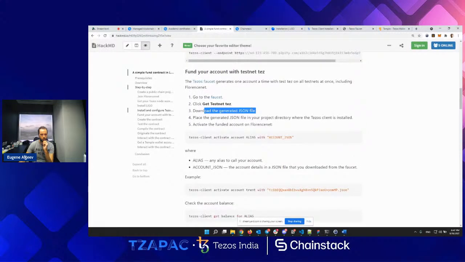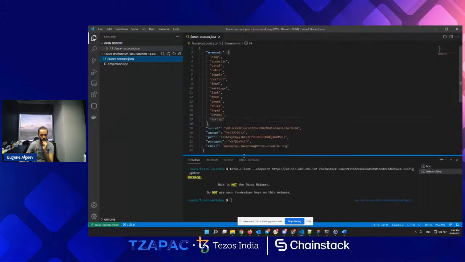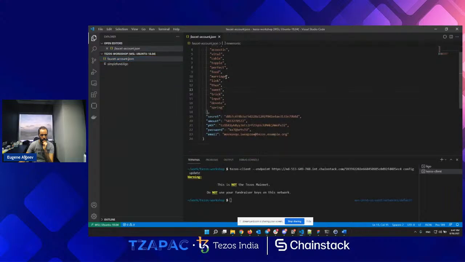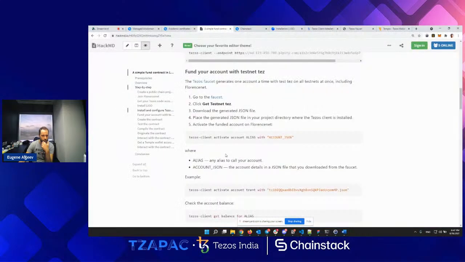Download the generated JSON file and place it in the project directory where the Tezos client is installed. That's what I've done already. I have this file here, and it's the same content as you just saw in the browser in the faucet.